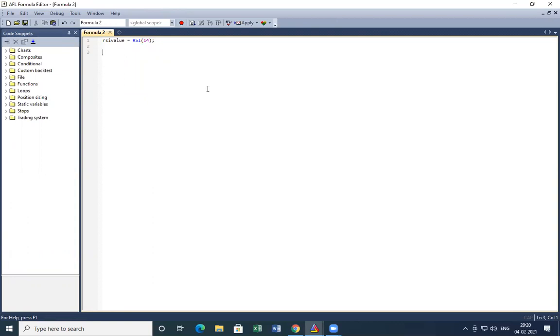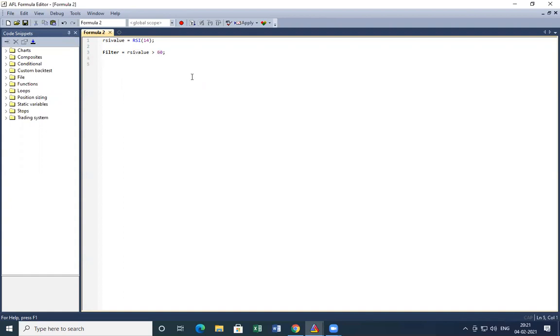And what I want to filter: Filter equals RSIValue greater than 60, semicolon. I'm filtering only those stocks where the RSI value is greater than 60.